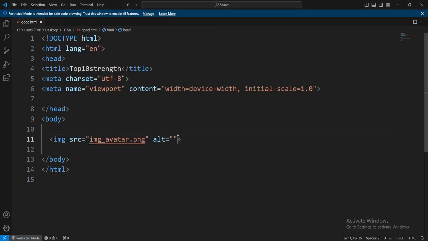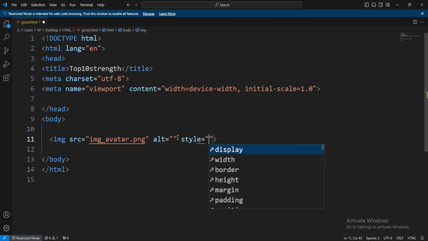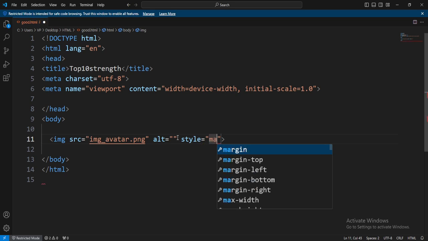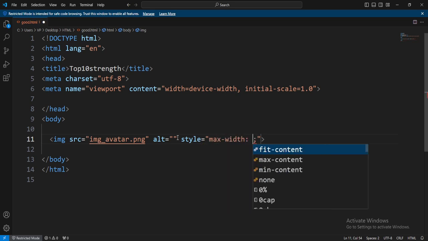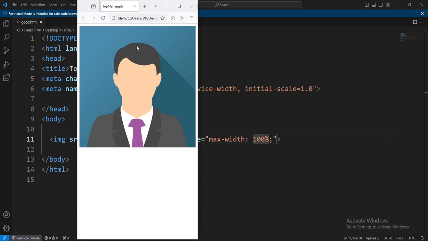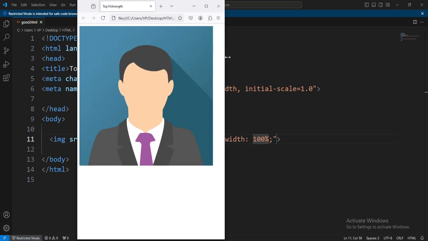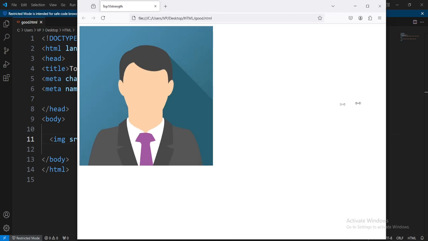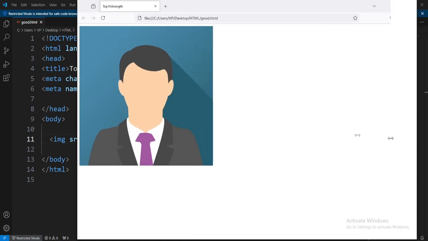Back to our code. Inside our image tag, specify style, which is the attribute. Now give it max width. Inside here we can give it 100%. Let's specify 100% and now reload our document. Can you see the max width 100% scales the image to fit in this mobile view? And one special thing I want you to note is that when we try to scale it up, it never gets bigger